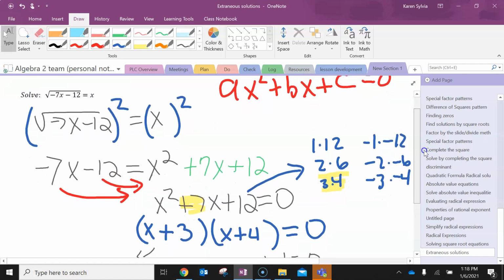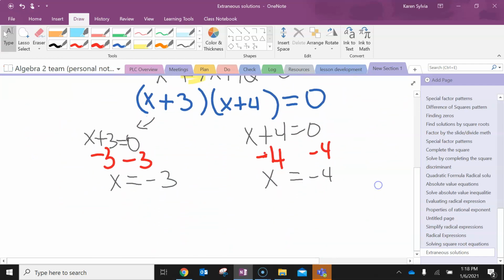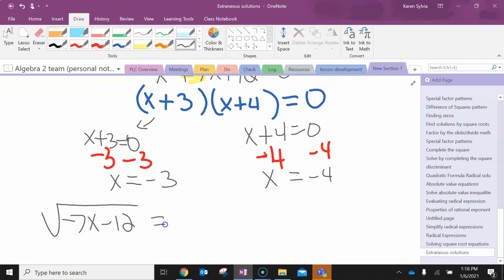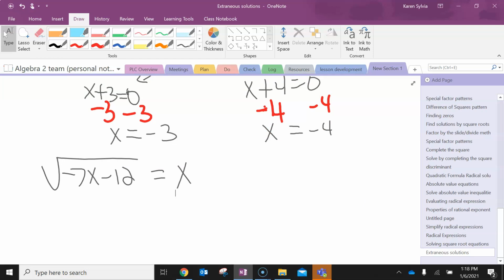So I have negative 7x minus 12 is what I'm supposed to have under my radical. So negative 7x minus 12. And we're claiming that that is going to be equal to x. So when I plug in, I'll try the x first. The first one is x equals negative 3 first. So when I plug that in, I'm going to have